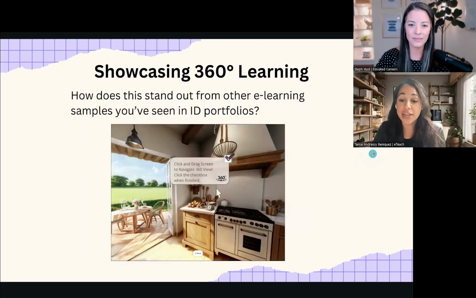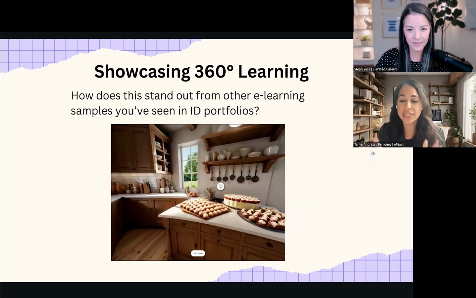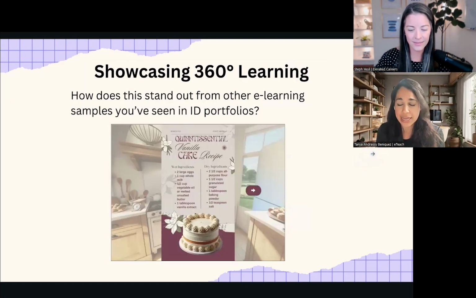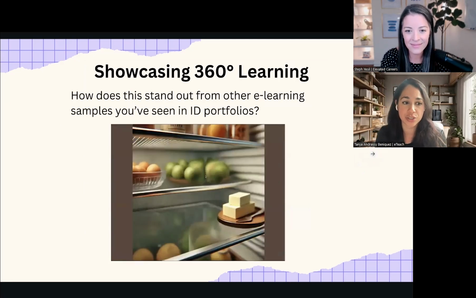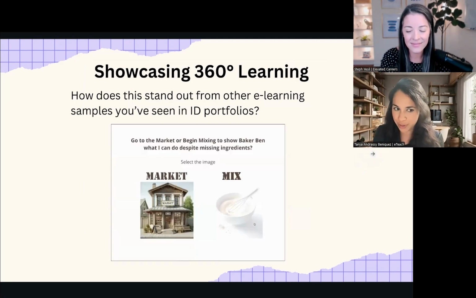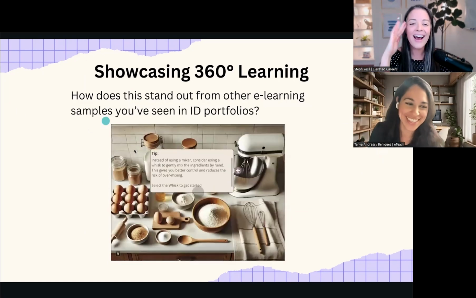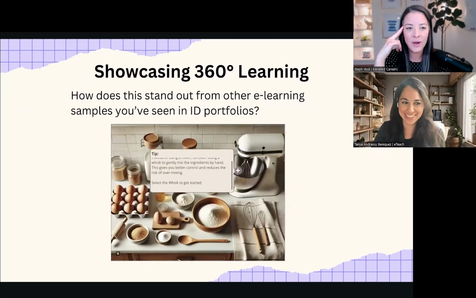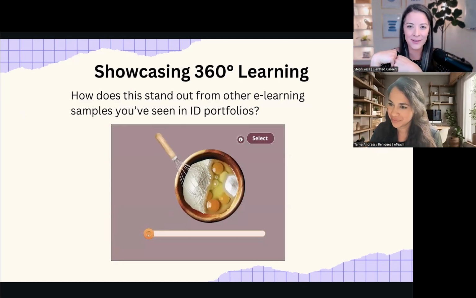Okay, so to start it all off, I wanted to bring up this question. How does this learning experience stand out from other e-learning samples that you might have seen in instructional design portfolios before? I can tell you, yes, definitely. I am so accustomed to when I was in corporate being on the receiving end of learning